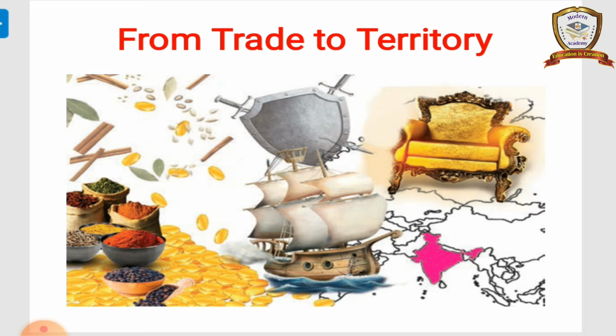And next, the Treaty of Aix-la-Chapelle. It brought the Austrian War of Succession to an end. There was an agreement by which Madras was returned to the English and the French in turn got territories in North America. And in the second Carnatic War, the Battle of Ambur, the Battle of Arcot, and the Treaty of Pondicherry. In the third Carnatic War, we have the Battle of Wandiwash and the Treaty of Paris.